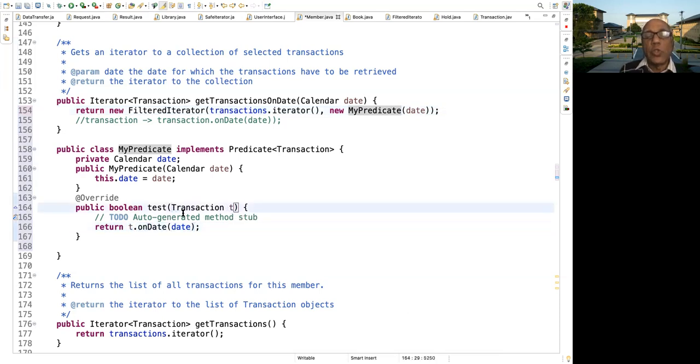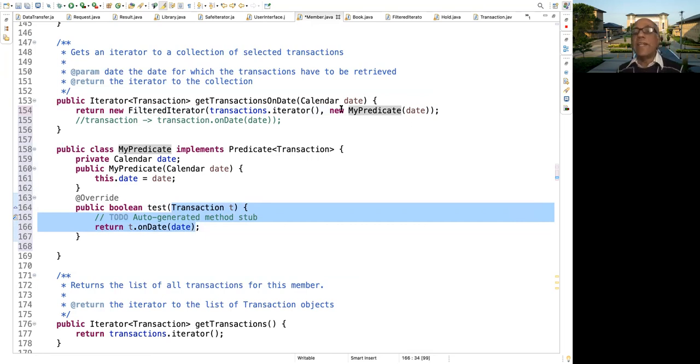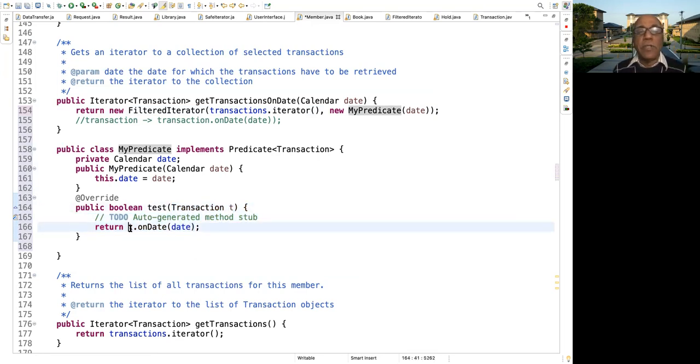So for so little actual execution, I had to write so many lines of code, 8-10 lines of code. Instead of that, I can simply say, given a transaction parameter, all I am doing is testing whether it is falling on that date. This is the relevant code. Given the parameter t, I will be checking whether it falls on that date. So instead of all this relatively long sequence of lines,